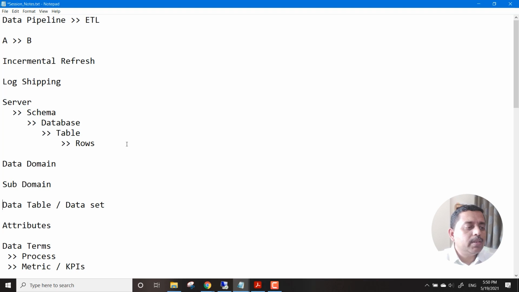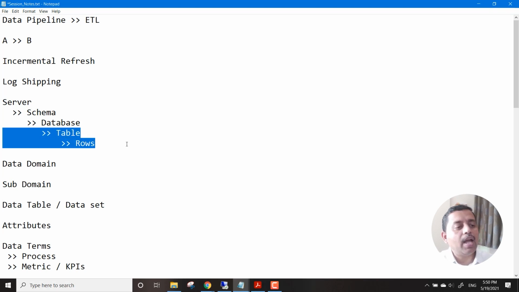So here what happens is, in most cases we identify that we have tables which need to be moved from one schema or one database to another every day, every minute possibly, or there could be some tables or rows which we need to move once in, let's say, a few days or a few months.